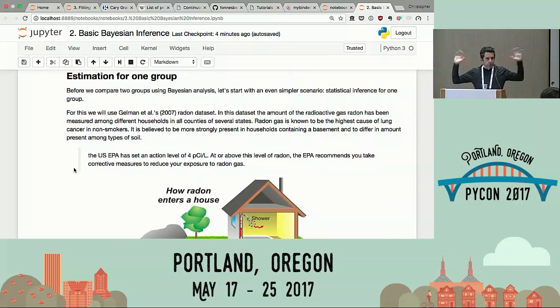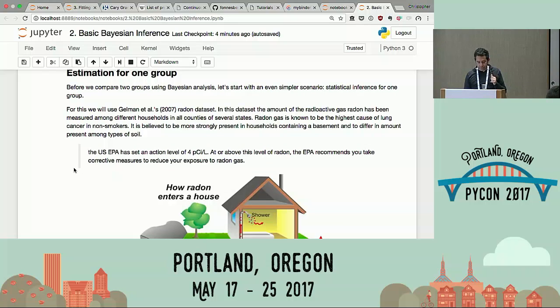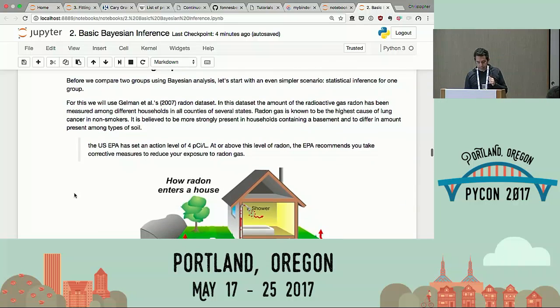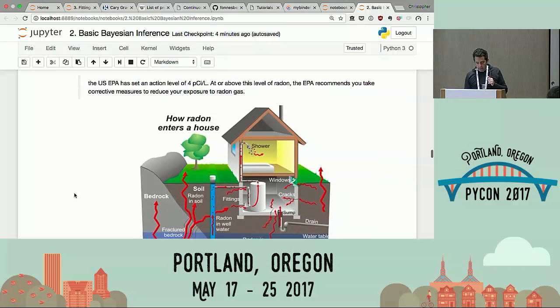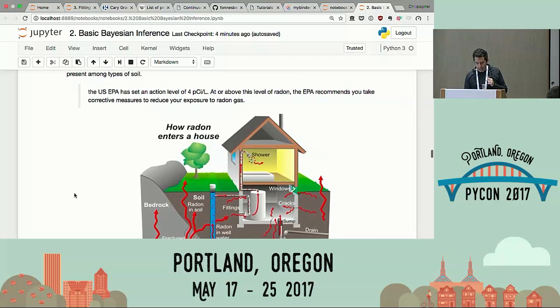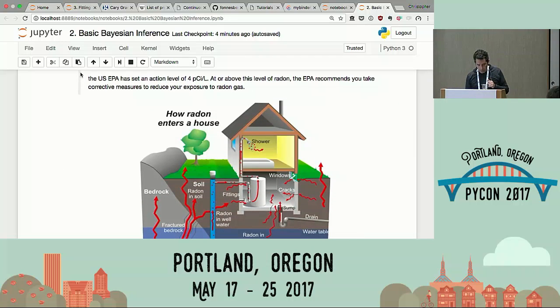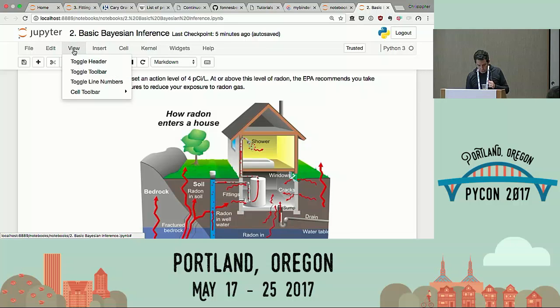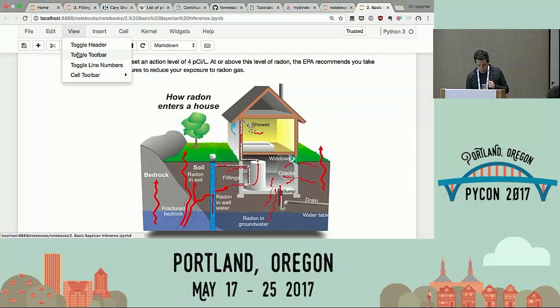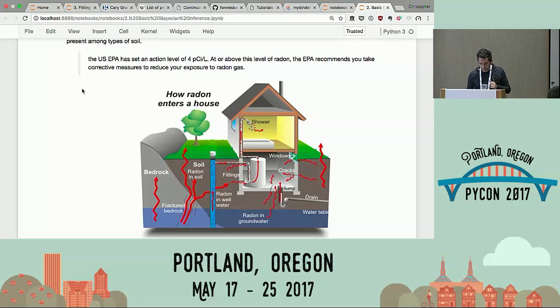All right, let's get into it. So we're going to do the simplest possible statistical analysis. I said comparing 2 groups. We're going to start by just looking at 1 group. All right? So we're going to do statistical inference for 1 group. And we're going to use a data set here. This is a popular data set. It's a radon data set. Let me get rid of my toolbars and stuff so you can see the pretty pictures that I stole from the internet. So radon is